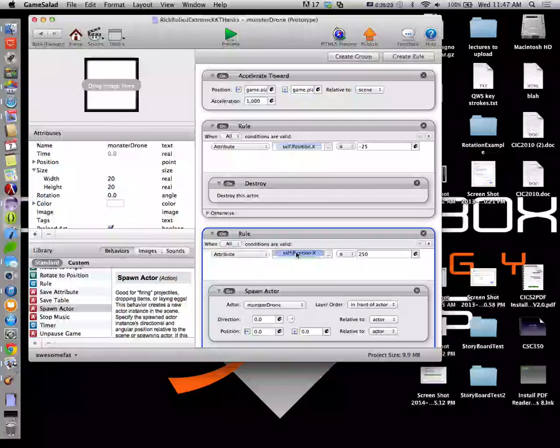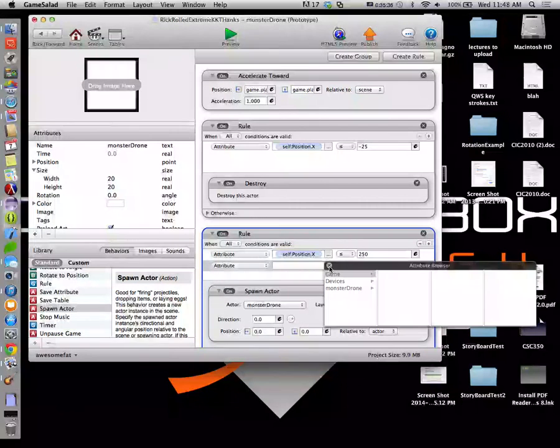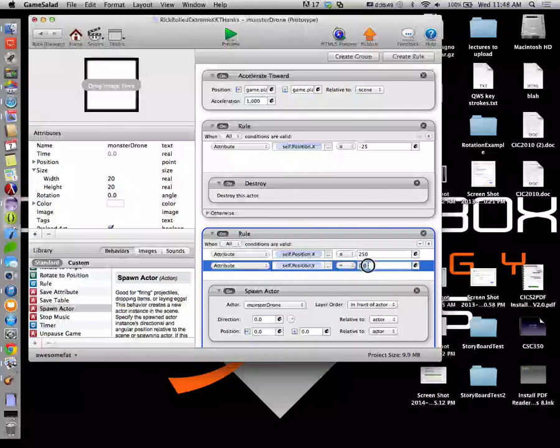So, we can add another rule up here. This guy's position on X to